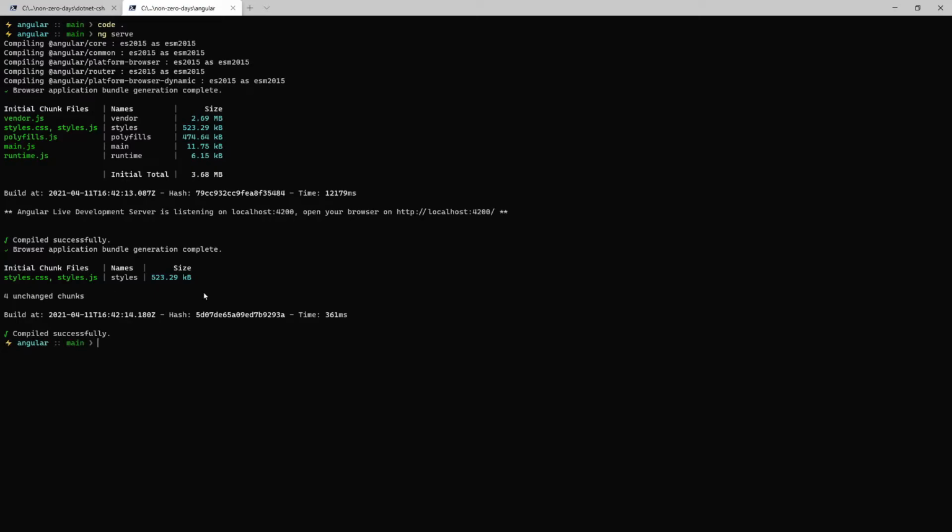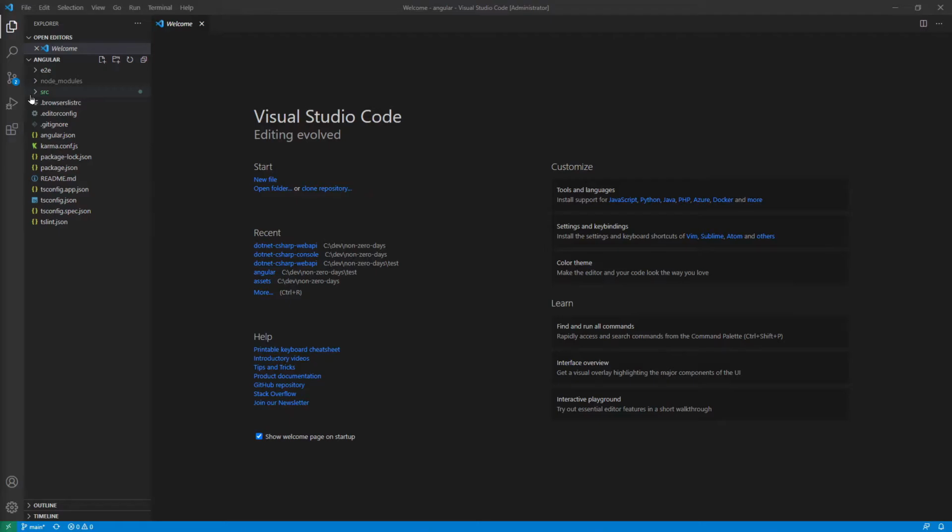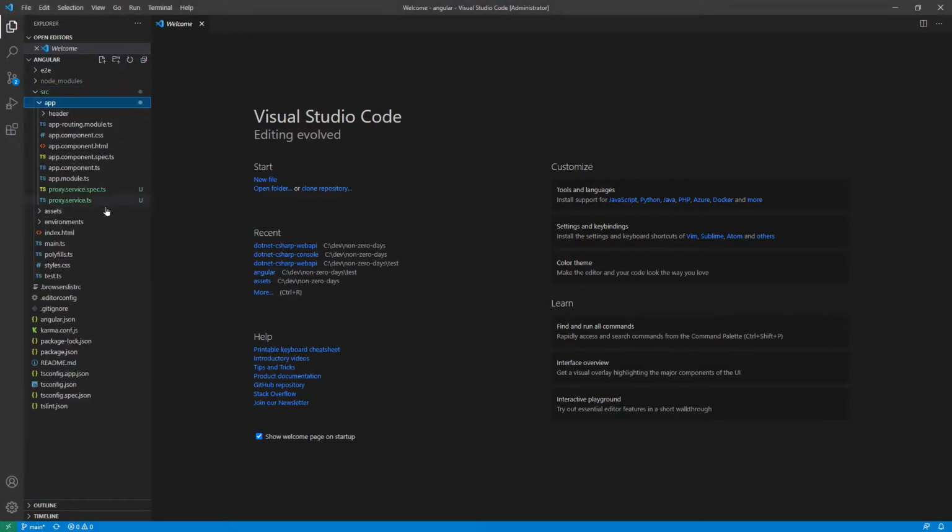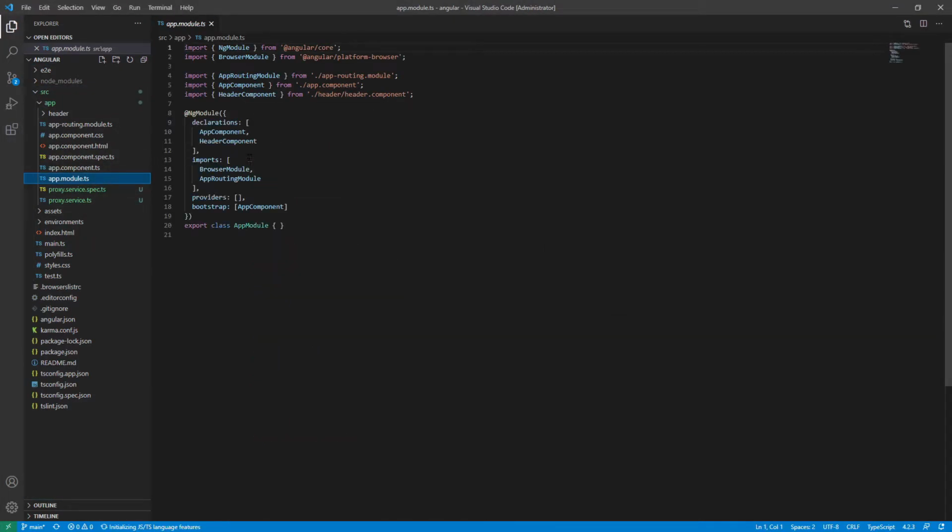Next, we can generate a service. Let's do that. ng generate service, and we'll call it proxy because it's a proxy service. Cool. Now we'll navigate to Visual Studio Code and play with that. The new service isn't defaulted into the app module, so we'll have to add it here. We'll do that in providers, so it's a service, and we will add ProxyService, which is the name of